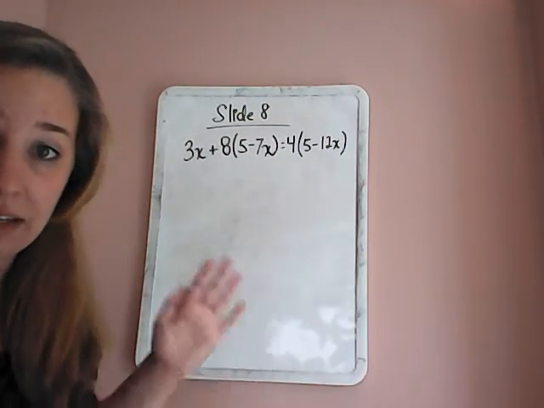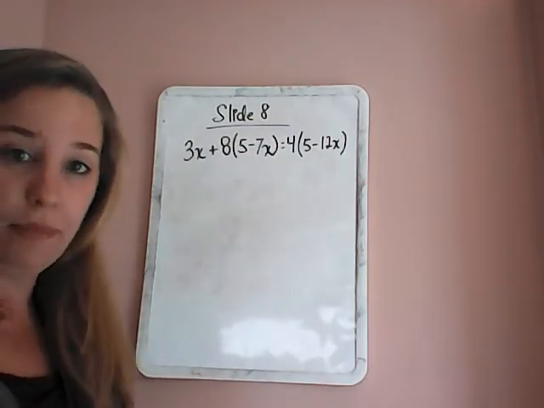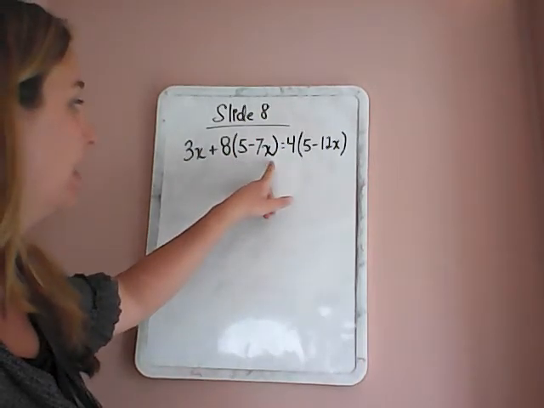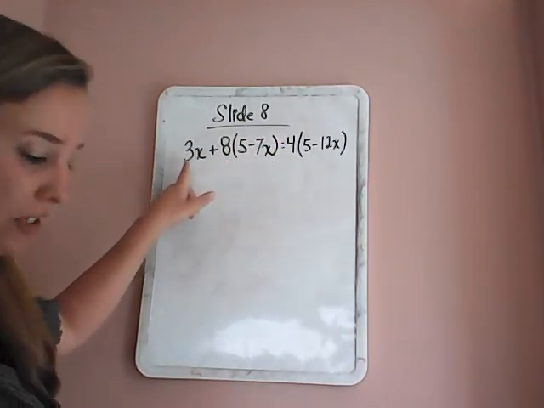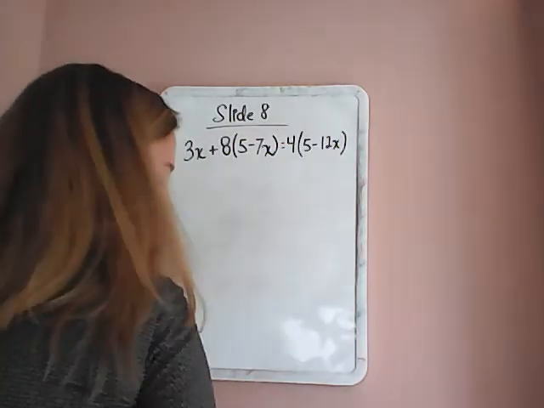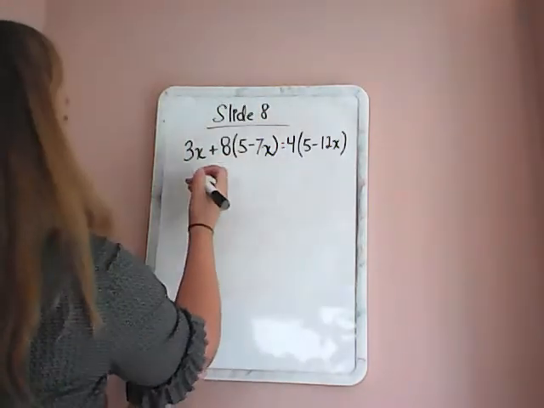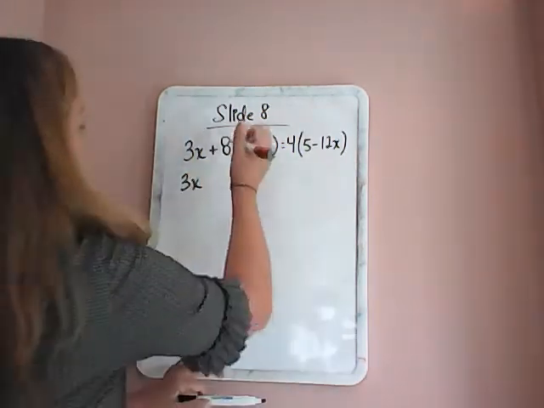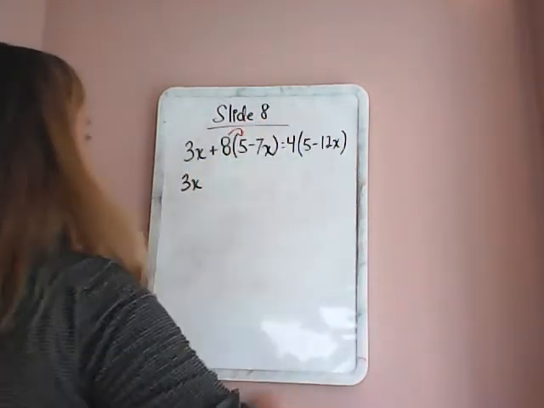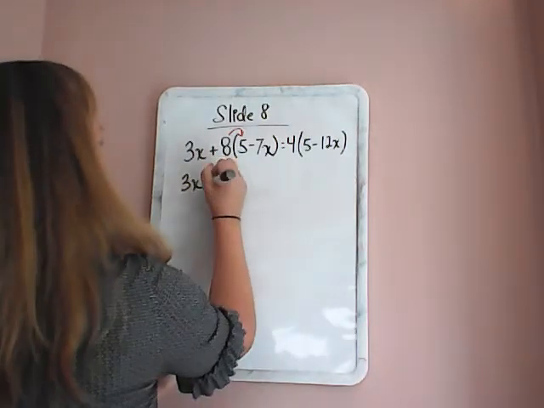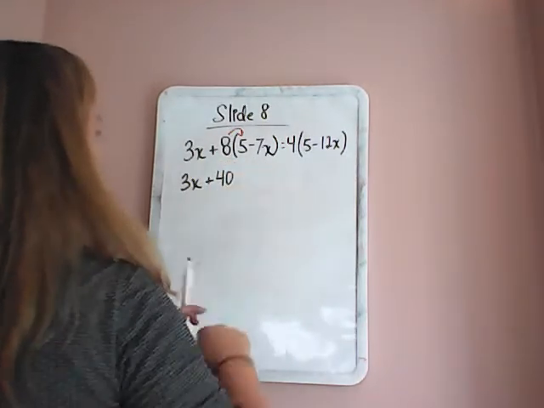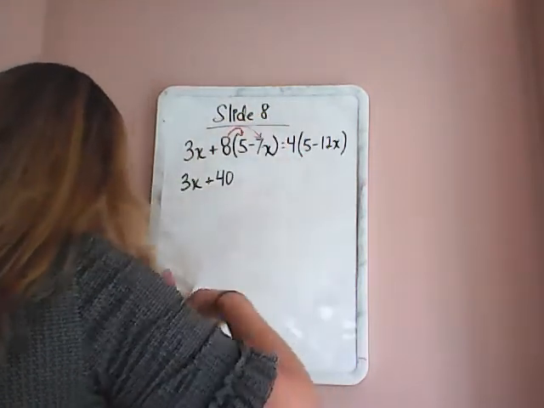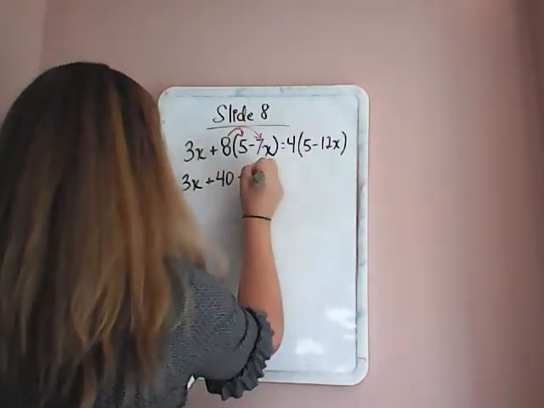Okay, so slide 8. This is looking a little more complex, but it's not that bad. So this 8 is what's outside of the parentheses. This 3x, we're not even really dealing with it right now. It's just going to go ahead and come down. So we have 3x that has not been touched. 8 times 5 is positive 40. And then 8 times negative 7x is that negative 56x,